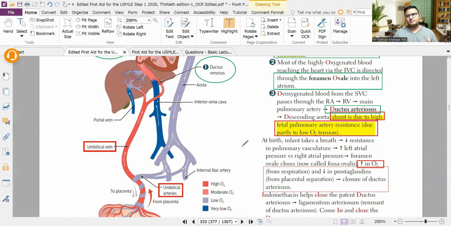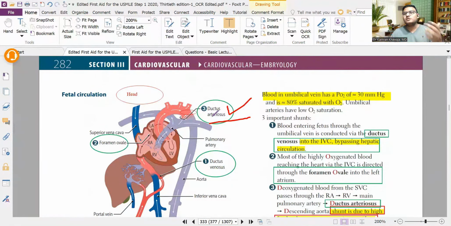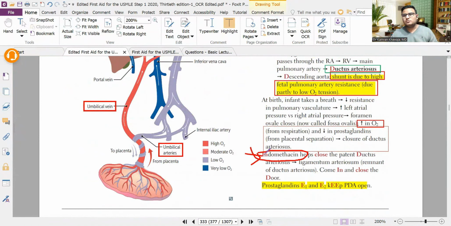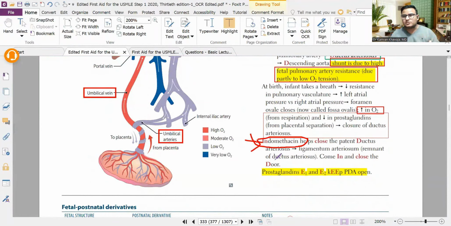डक्टस आर्टेरियोसस क्लोज हो जाता है, ठीक है। अच्छा, अगर एक ड्रग है विच इज एंडोमेथासिन, एंडोमेथासिन हेल्प्स क्लोज पेटेंट डक्टस आर्टेरियोसस, वो कैसे होता है, देखिए। अब एंडोमेथासिन क्या है? प्रोस्टाग्लैंडिन का इनहिबिटर है। वो प्रोस्टाग्लैंडिन को कम करेगा, और जो बर्थ के बाद ओपन रह गई है पेटेंट डक्टस आर्टरियोसस, इसको क्लोज करना है। हमने प्रोस्टाग्लैंडिन को कम रखना है। उसके लिए हम ड्रग देंगे एंडोमेथासिन, ठीक है। अच्छा, अडल्ट स्ट्रक्चर इसका है लिगामेंटम आर्टरियोसम।